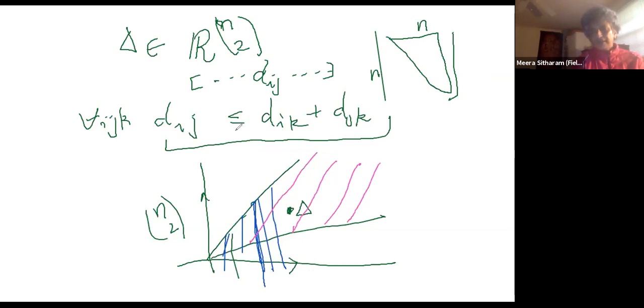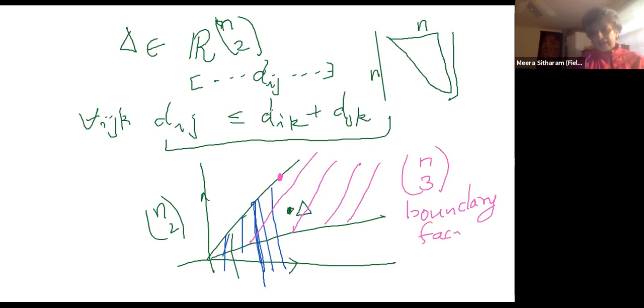So in other words, all the other inequalities are proper, and exactly one of them is not proper. In other words, it is an equality. That simple observation shows that there are actually n choose 3 boundary facets of this cone, boundary faces, or I prefer to use facets,